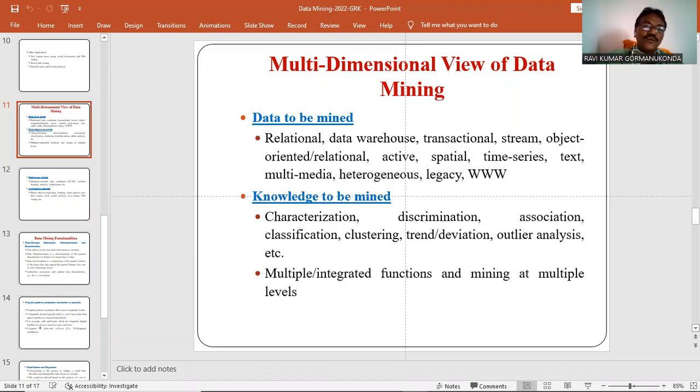Data mining is a multidisciplinary field: any field can apply data mining techniques to find patterns.